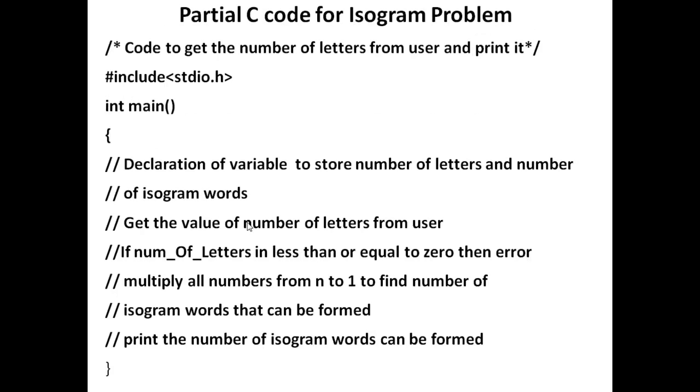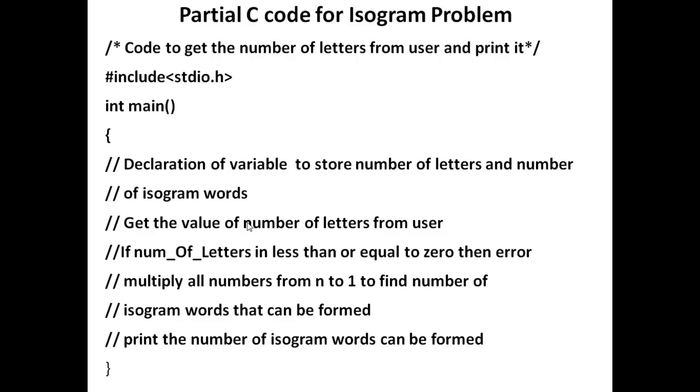So when we talk about the partial code for the isogram problem, first we need to declare the header file. That's the base header file. We use here #include <stdio.h>. That's the standard input output header file, which deals with all the input and output